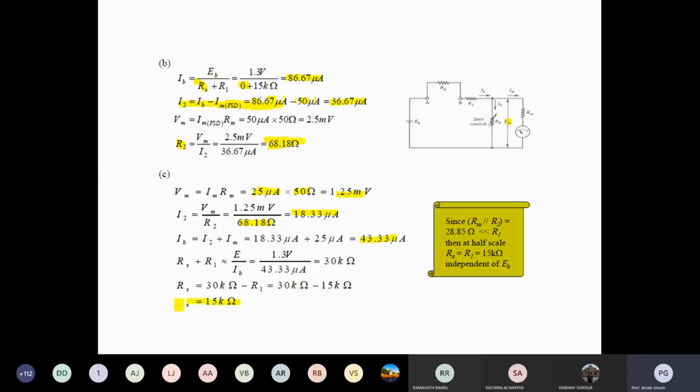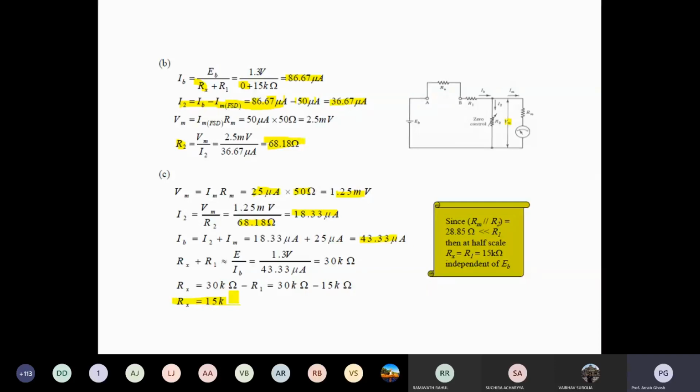So my suggestion is, when you are preparing your class note at home, you should solve all the numerical problems that I have discussed from day 1 to today. Today is my 11th class. When you are going to submit the class note of the second module, you have to solve all the numerical problems that I have discussed in my class.